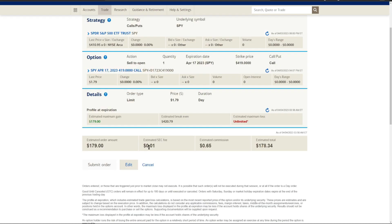And so here we can see that there are some fees associated with this contract. There's a 1 cent SEC fee and a commission of 0.65. So very inexpensive. You can see that our total premium for this option contract would be $178.34. So this is putting in 2%. The risk would be that if the market were to move 2% between today's price and next week on Friday,